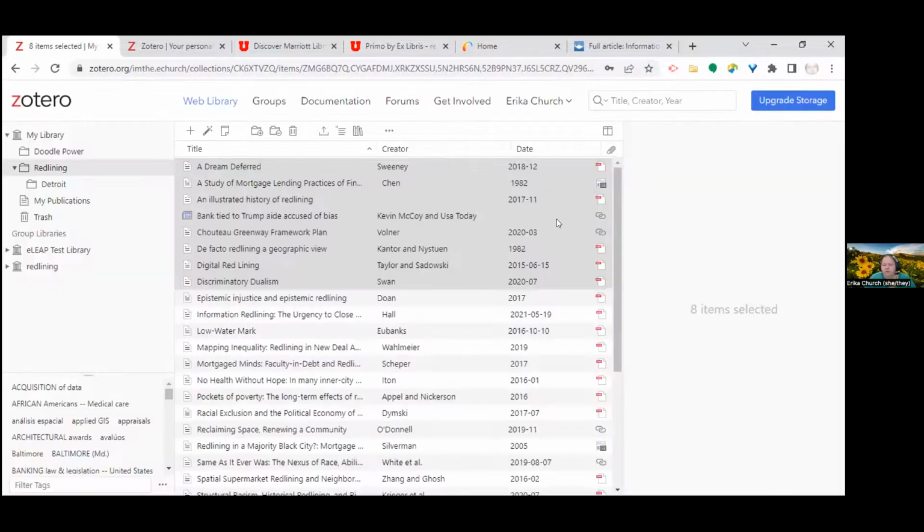So let's go ahead and I'm going to move to citing in a document. I will say that if you are using your primary computer, I don't recommend running Zotero Web and Zotero Desktop at the same time. They don't play well together because they're meant to complement each other. So if you ever run into an issue where you're not getting the proper citations or it's not talking to your Word document or your Google Doc, it has everything to do with it trying to figure things out for both. So I'm going to close out of this